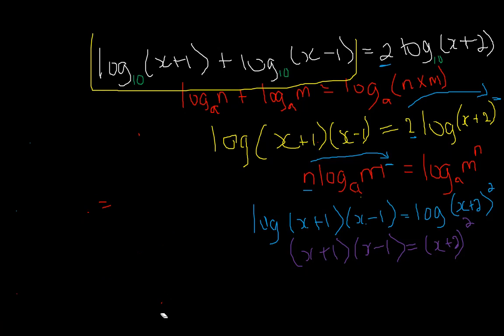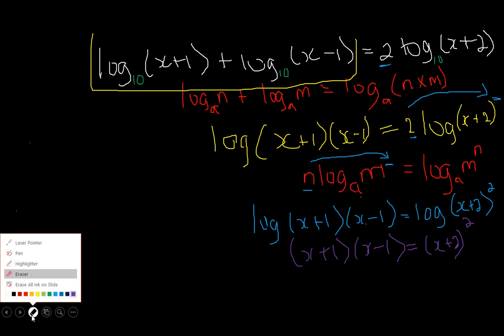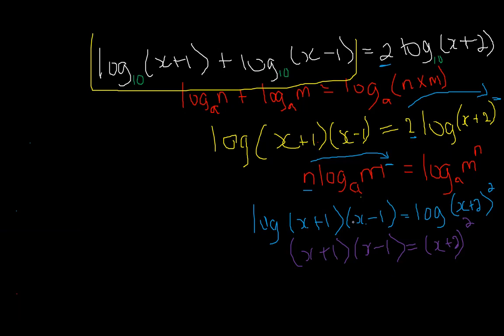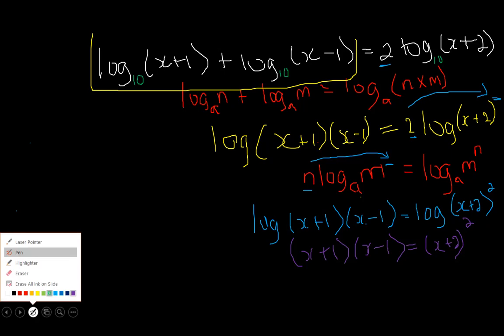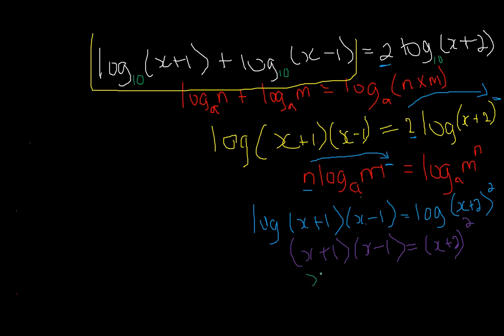Okay, so we said now we're solving for x. We can't just stop right there. From this point, it's just algebra, right? Expand the brackets, substitute the formula, solve. So I would expand my brackets to get x squared minus 1. When I expand these brackets, I'm going to get x squared minus 1. You can use your distributive law, or you can notice that these are a difference of 2 squares. And this is going to be equal to